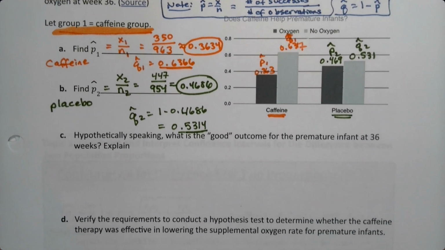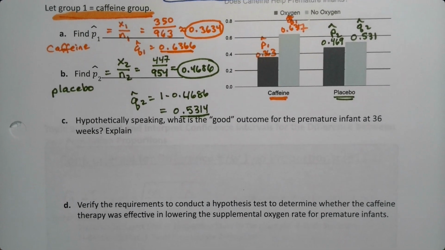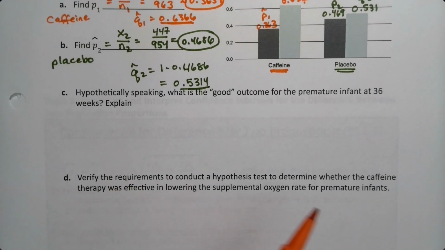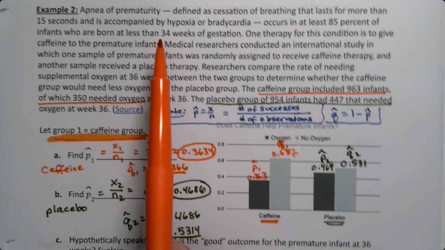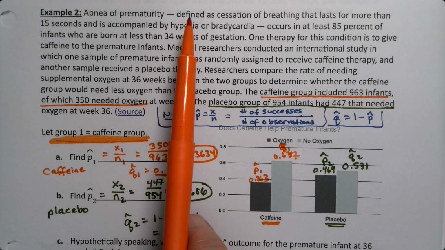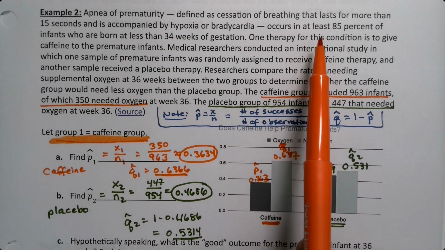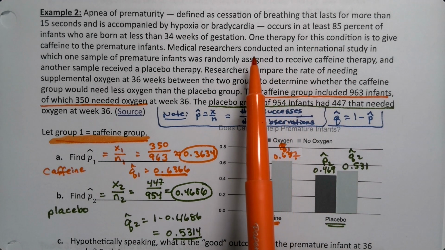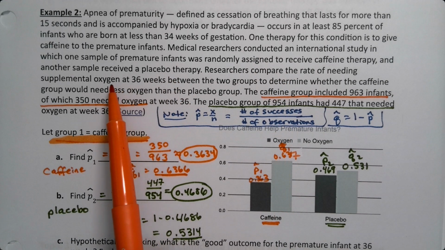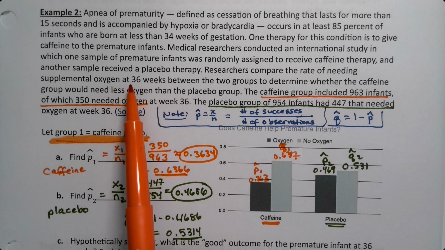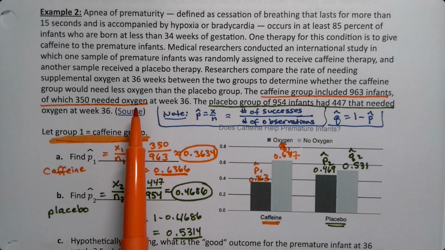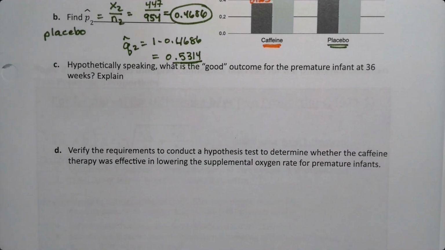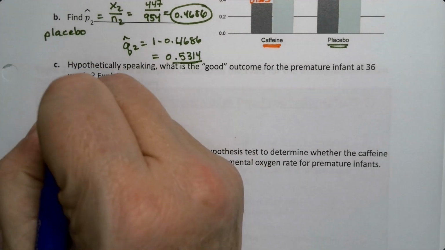All right, now, hypothetically speaking, what is the good outcome for the premature infants at 36 weeks? Okay, well, just think back to this. These are premature infants who are having trouble breathing. So they're injecting their IVs most likely with caffeine to try to make it so they do not need supplemental oxygen. You're trying to make it so that they don't need that oxygen, right? Because it would mean that their lungs are doing well. So no oxygen